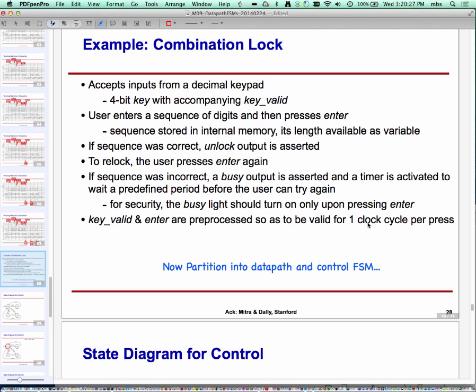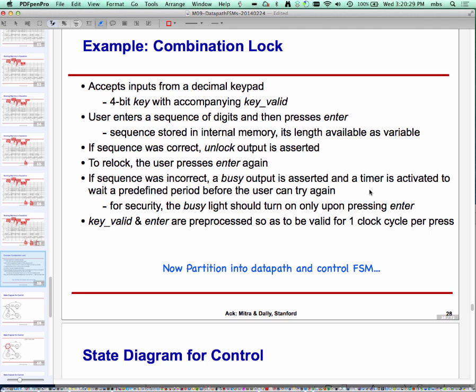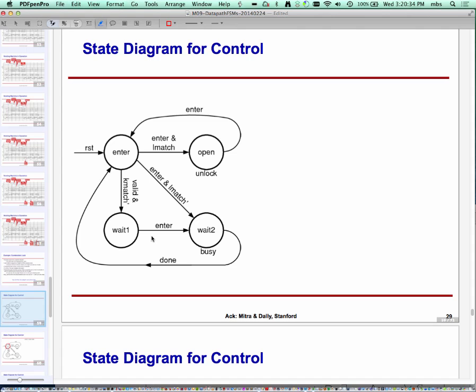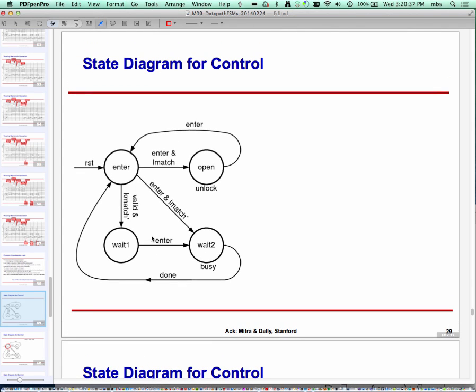So now again, we are going to partition it into data path and control. I find it easy, and it's usually the case, that you start with a high-level view of the control. What is happening in my system? When we start out, the system intuitively is in a mode where it's waiting for the user to enter the keys and enter the code. So the user is sitting out here, and stuff is being entered, and at some stage,